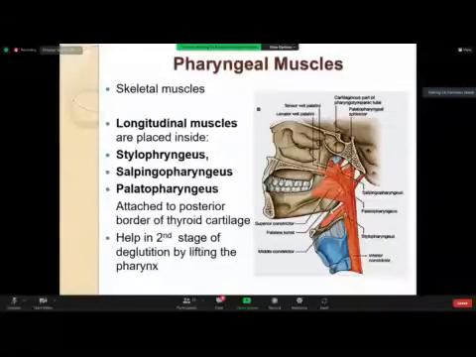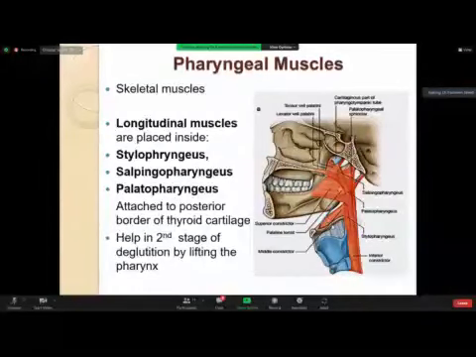salpingopharyngeus, and salpingopharyngeus हो गया। Then we have palatopharyngeus। तो this is the palatopharyngeus muscle, this is the salpingopharyngeus, this is the stylopharyngeus। और इसमें ये लॉन्गिट्यूडनल हैं तो ऑब्वियसली बेसिकली ये शॉर्टनिंग करेंगे, अपवर्ड मूव करेंगे तो ये डेग्लूटेशन में बेसिकली हेल्प करेगा।